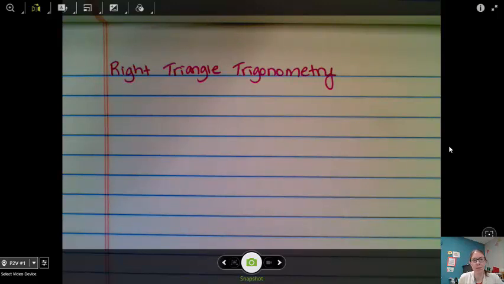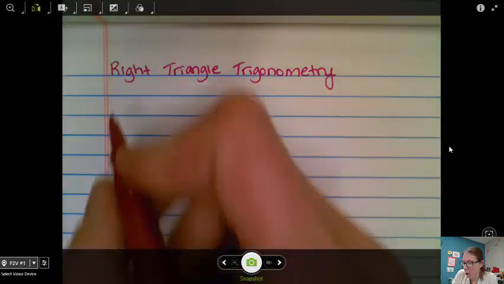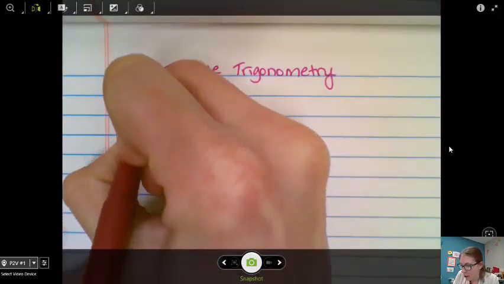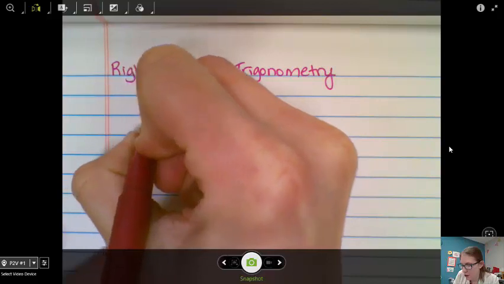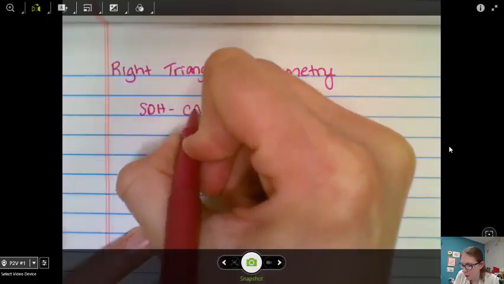Okay, our next little mini unit that we're going to be working on goes back to trigonometry quite a bit, which is the study of triangles and a lot of different things we can do with them. We're going to go back to right triangle trigonometry for a minute, and that's your basic sine, cosine, and tangent that you guys worked quite a bit with in geometry. And remember, SOH CAH TOA,